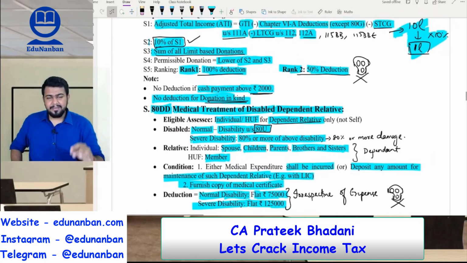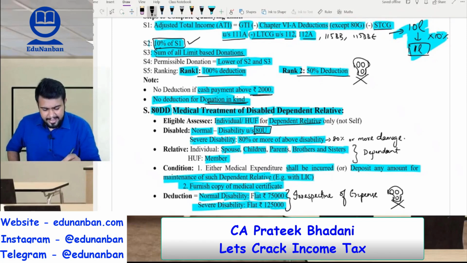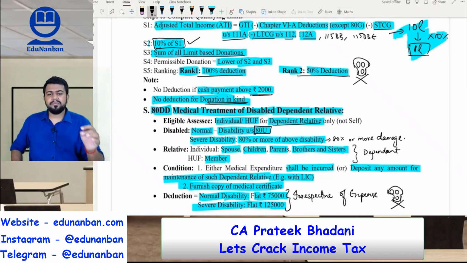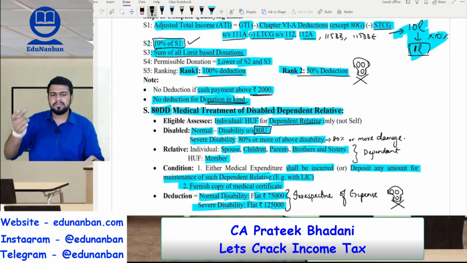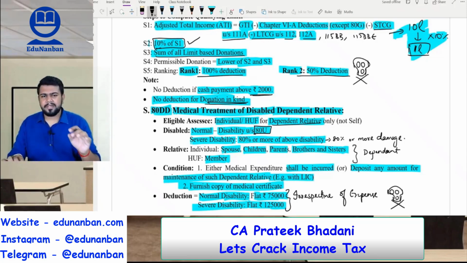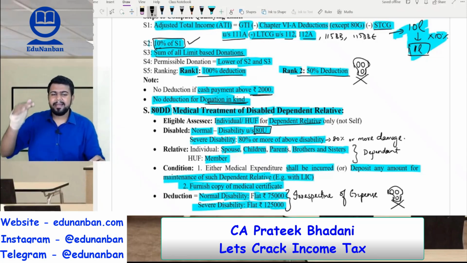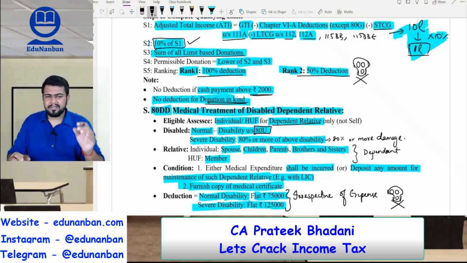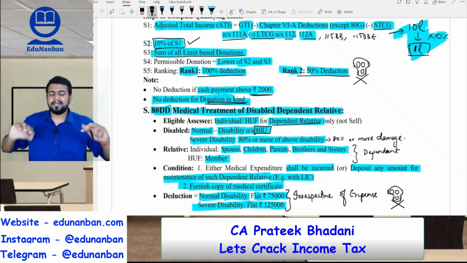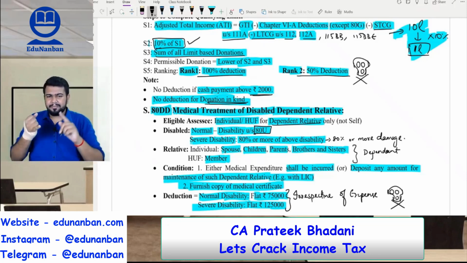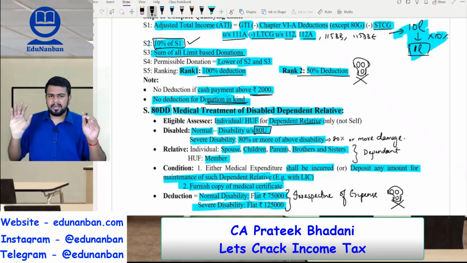Sir, in many places we are seeing that the payment should be other than cash. In 80D also we saw that the payment should be other than cash. Here also maximum cash payment is 2000. So similarly, in all the chapter 6A deductions, you will be finding the wordings as any mode other than cash. So even bearer cheque is allowed, okay, even crossed cheque is allowed. All these modes are allowed, only cash is not allowed.